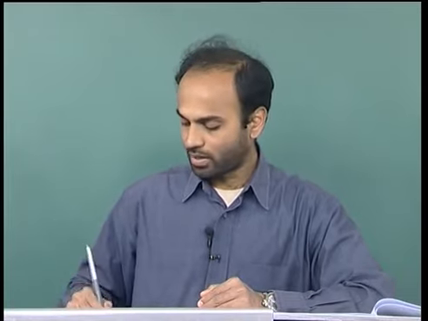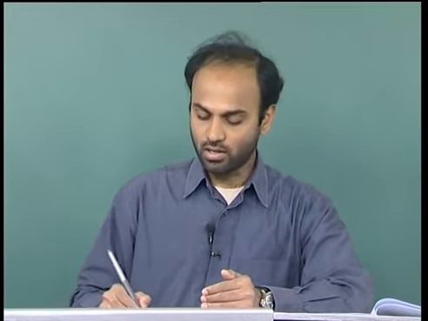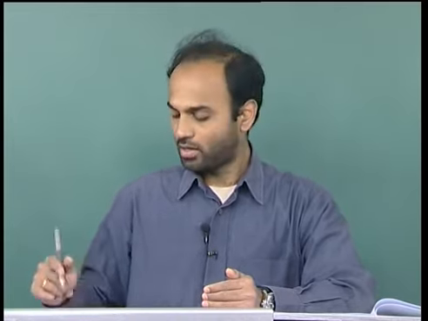Hence, I will summarize them. It is not a very complicated relation. All it says is, for instance, in differentiation you might have seen this result, d of cx over dx is nothing but c. That is, I take x multiplied with a constant c, and the derivative of cx with respect to x is nothing but that constant c. This is the vector analog of that: the derivative of c bar transpose x bar with respect to x bar is c bar. This is a vector analog of this scalar rule.